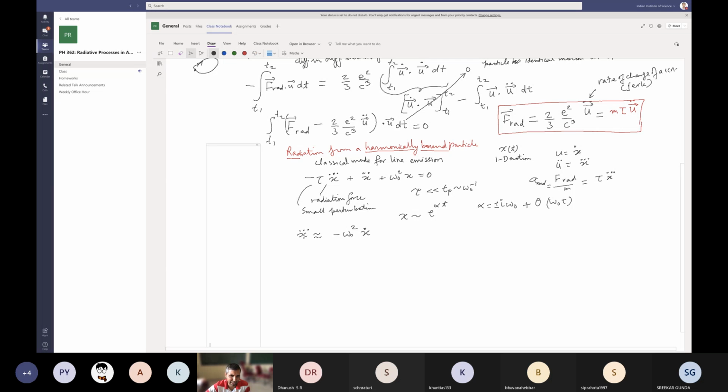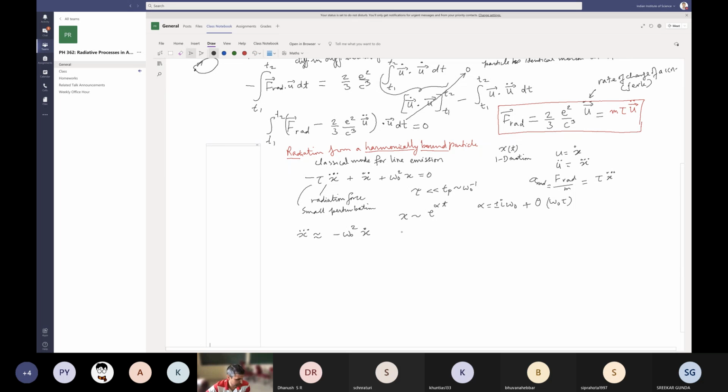If you take a double derivative of that, you just pull out minus omega naught squared. Because of this smallness of omega naught tau, this triple derivative term can be replaced by a single derivative term, and then it looks very similar to our classical